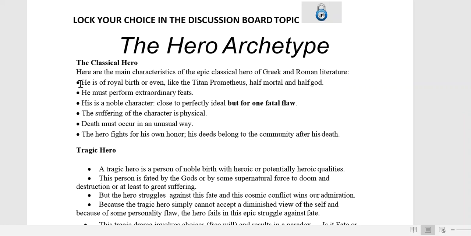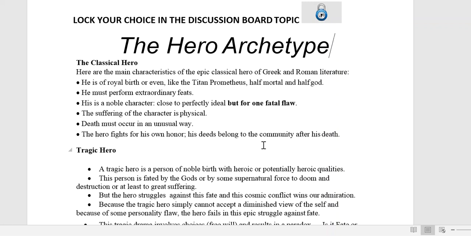Because he is of royal birth, half mortal, half god. Because he must perform extraordinary feats. He's a noble character. Suffering of the character is physical. Death must occur in an unusual way. The hero fights for his honor, his deeds, whatever.